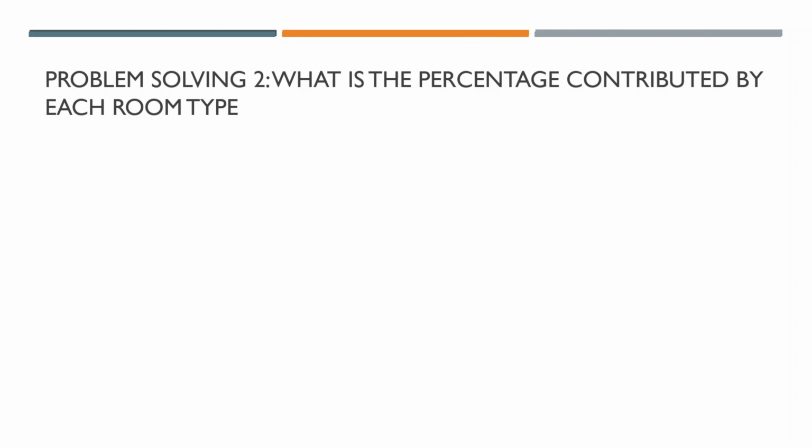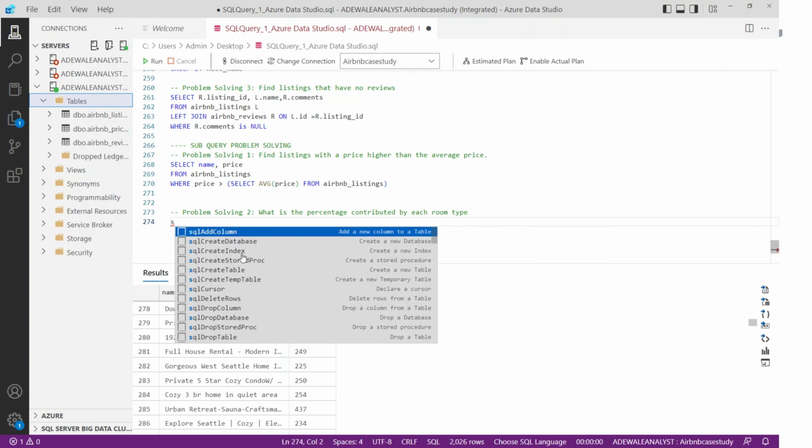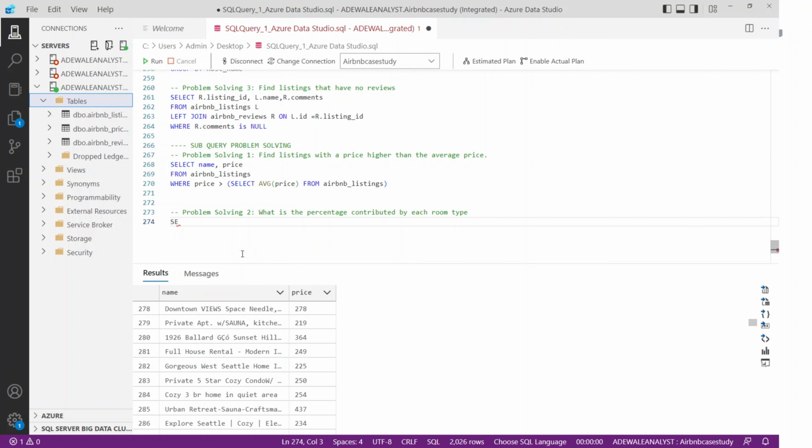The problem we are looking at is: what is the percentage contributed by each room type? Percentage contributed by each room type, right? So basically, I'm going to put another one here. I want to look at what is the percentage contributed by each room type. So if I do a select now, and I say select room_type,